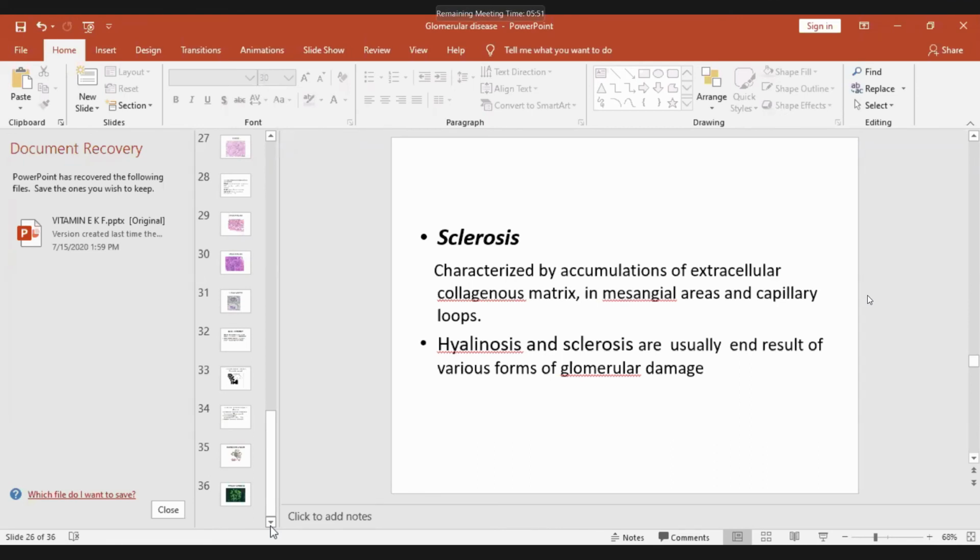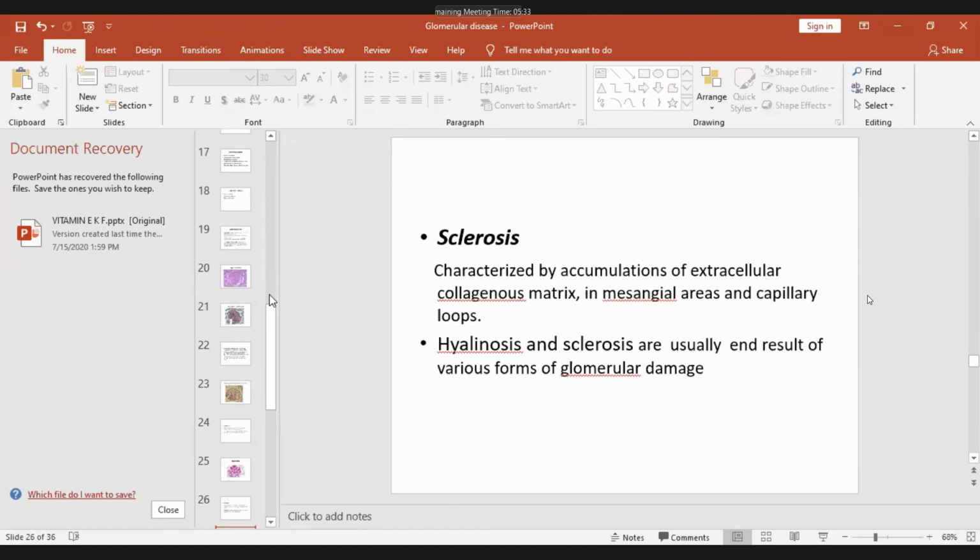So that is electron microscopy. Similarly, immune complexes are also seen in immunofluorescence. If it is granular, it is immune complex. And if it is linear, it is along the membrane, that is, not an immune complex but an antibody directly deposited. And then I told you various light microscope features, that is hypercellularity, hyalinization, crescent formation, sclerosis, and basement membrane thickness. So these are the various light microscope features, then electron microscopic features, and then immunofluorescent features.